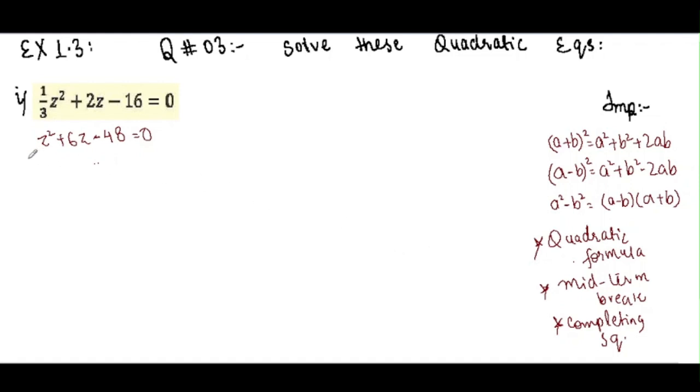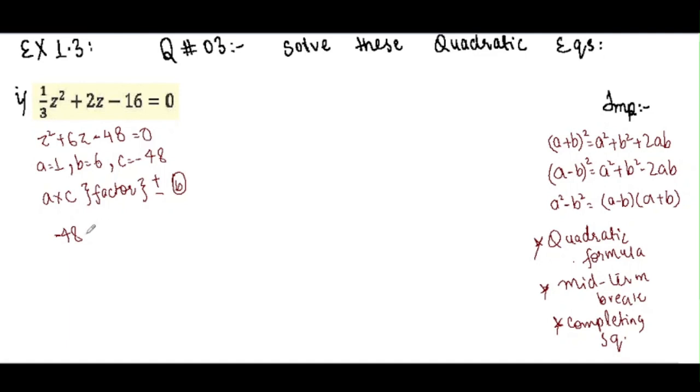Okay, let me explain it again. Here a equals 1, I am explaining middle term break. Okay, a equals 1, b equals 6 and c equals minus 48. First of all, we are going to multiply a with c, and the resulting term we are going to factorize, and then those factors are added or subtracted to make the term b. Okay, here we get minus 48 into 1 is minus 48. This is a into c.